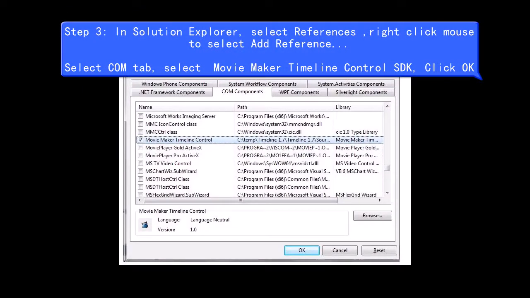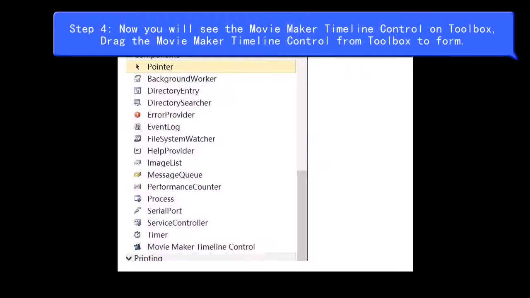Step 3, in Solution Explorer, select References, right-click mouse to select Add Reference. Select COM tab, select Movie Maker Timeline Control SDK, click OK. Step 4, now you will see the Movie Maker Timeline control on Toolbox, drag the Movie Maker Timeline control from